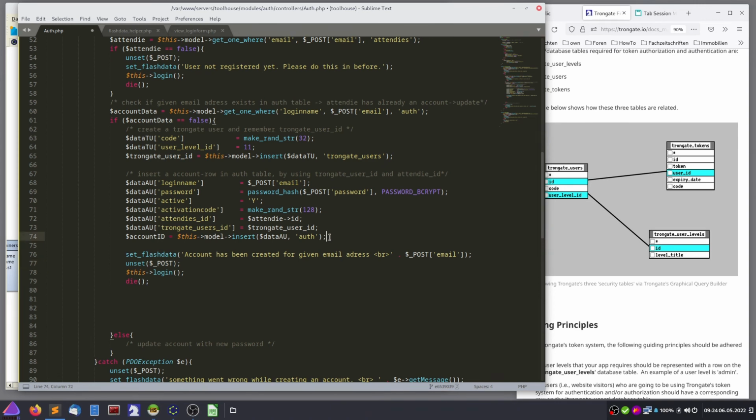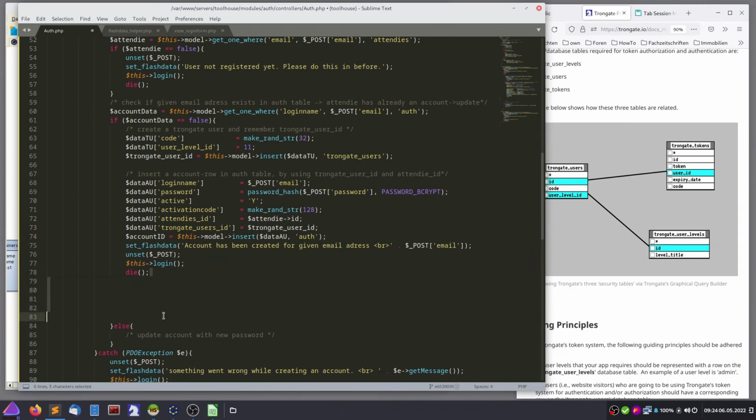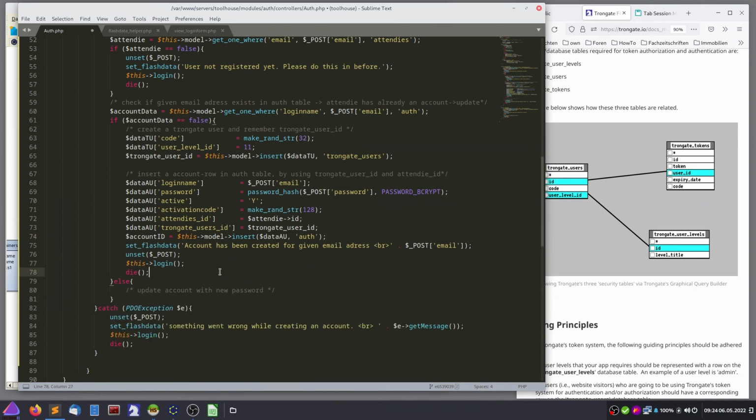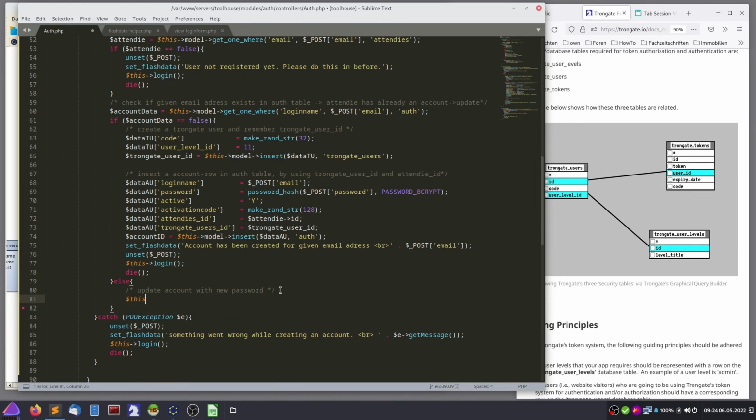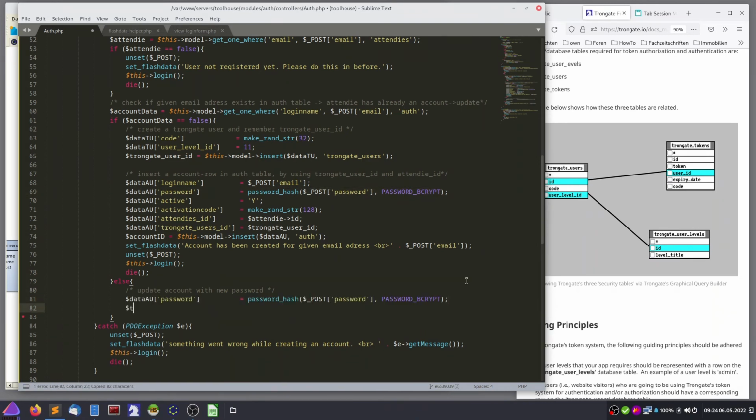So here, and then go back to, okay. So if the account data is already available, we just need to update, right? So let's make this, and what we want to update is just the password, right? Take this one here, create it, then we'll call this